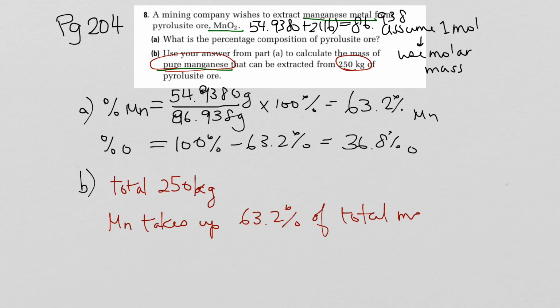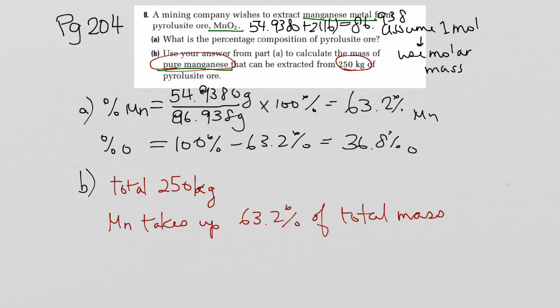So what I mean exactly by total mass, and the beauty of this percent composition thing is it doesn't matter how much sample you have, whether you have 250 grams or 1 gram, or in A before we pretended we have 86.938 grams, which happens to be a mole. It doesn't matter whether you have 1 ton or 2,000 grams or 0.1 gram. Doesn't matter how much mass you have. When you calculate percent composition, manganese out of the total mass would always take up